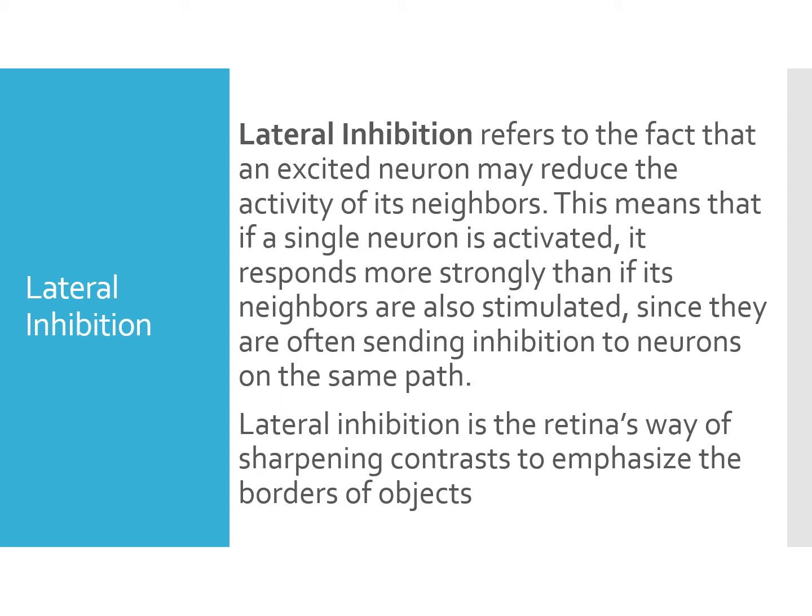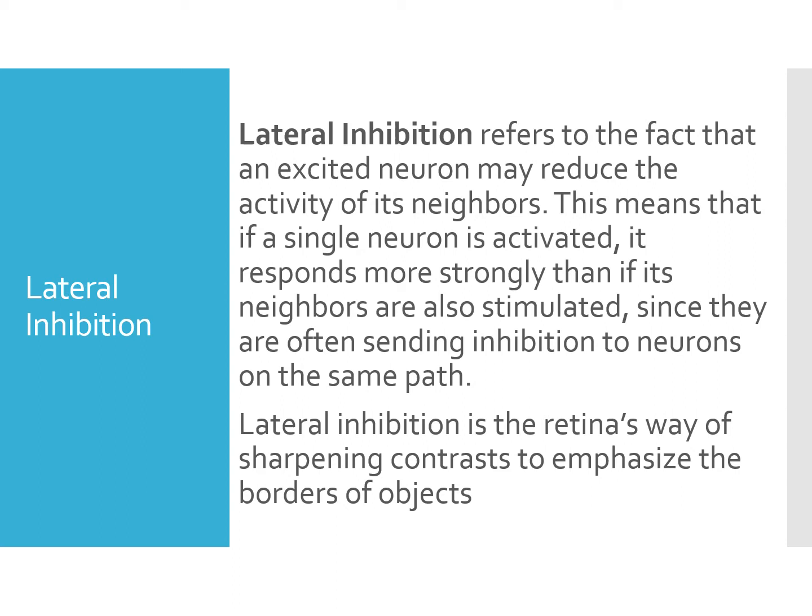I think it's an important thing to understand, but I tell students, because a lot of students aren't going to understand this, if you just memorize this paragraph, or realize that if I ask a question about lateral inhibition, I'm going to give you basically a paragraph very similar to this, and you're going to fill in the blank with lateral inhibition. Okay, lateral inhibition refers to the fact that an excited neuron may reduce the activity of its neighbors,